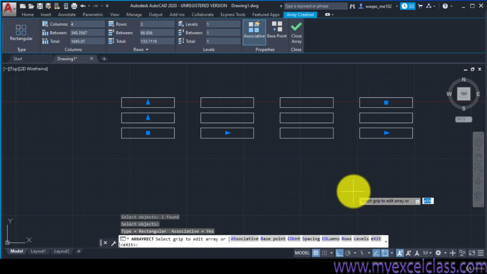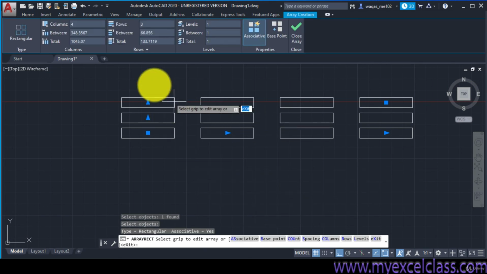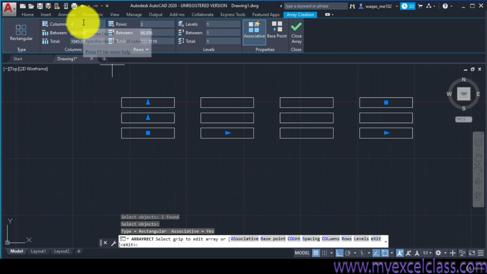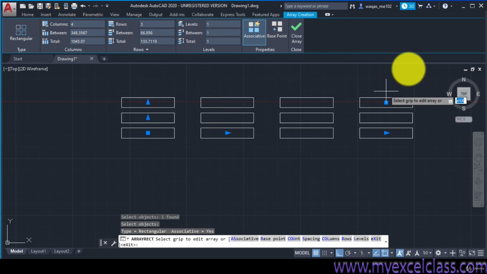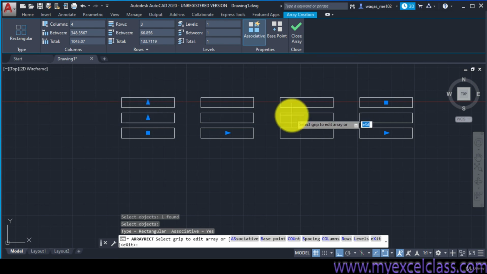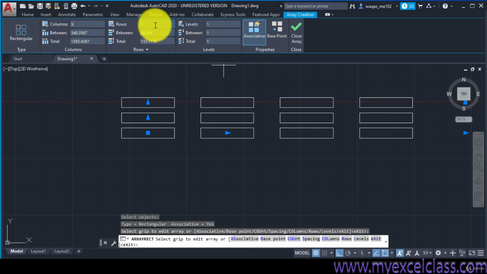Now it asks how many columns you are looking for. Columns mean vertical things and rows mean horizontal things. Suppose instead of 4 columns I need 5, and instead of 3 rows I need only 2.